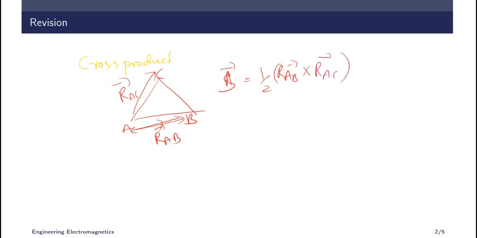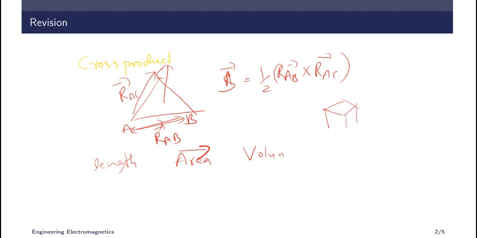This is very important, and the area vector is always perpendicular to the surface. We have also seen that the length vector will be along the line, while the area vector will be perpendicular. Area is also a vector which is perpendicular to the surface, represented by S, and volume is a scalar quantity. And we have seen the differential element